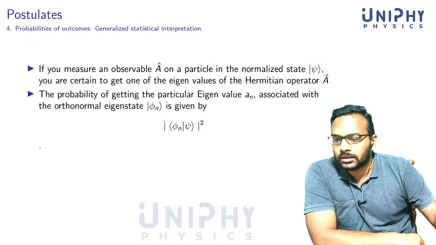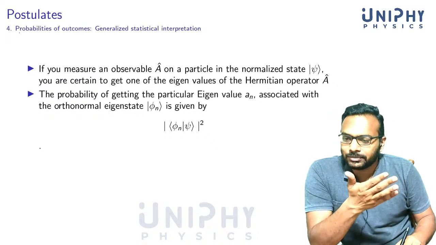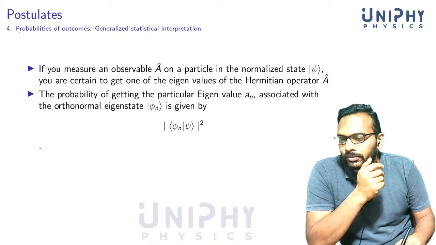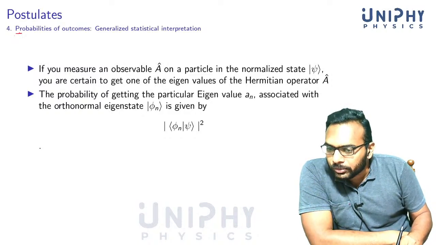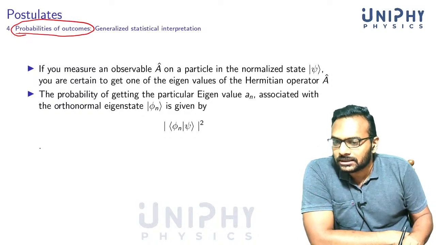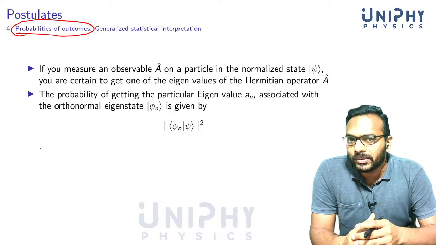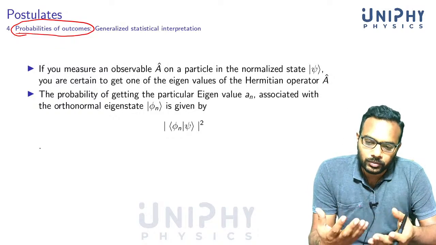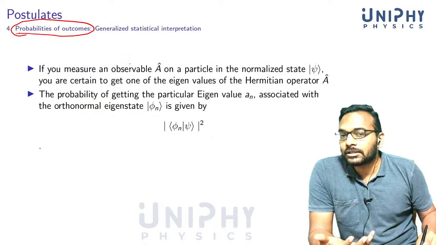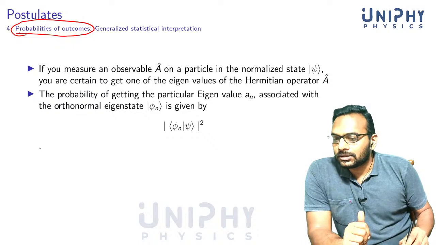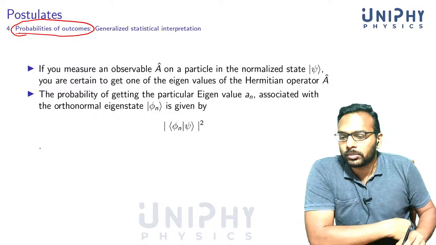Now again, there's another postulate. You have to have all these postulates; they do not follow from a couple of postulates. We have a number of postulates here. You need a postulate regarding the probabilities of outcomes, because as I said, in the double slit experiment we can experimentally measure the probability of observing an electron in one of the slits. This probability has to be predicted by quantum mechanics. So this is the postulate that gives us the rule to calculate probabilities of measurement.